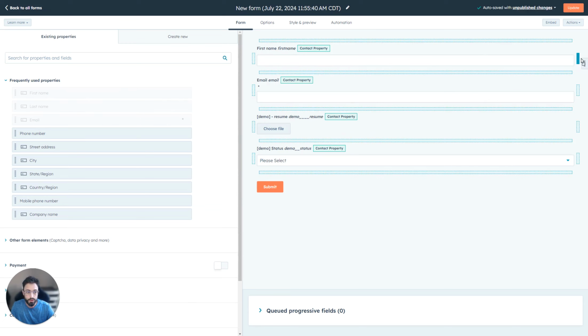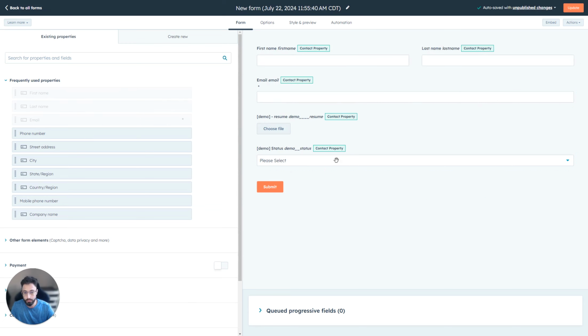Navigating over to the form builder, we're going to want to create a few different properties so that we can keep track of the individual applicants. First name, last name, and email are the most essential ones. This allows us to see who's actually applying to the job. From there, we can create as many or as few additional properties that we want in order to keep track